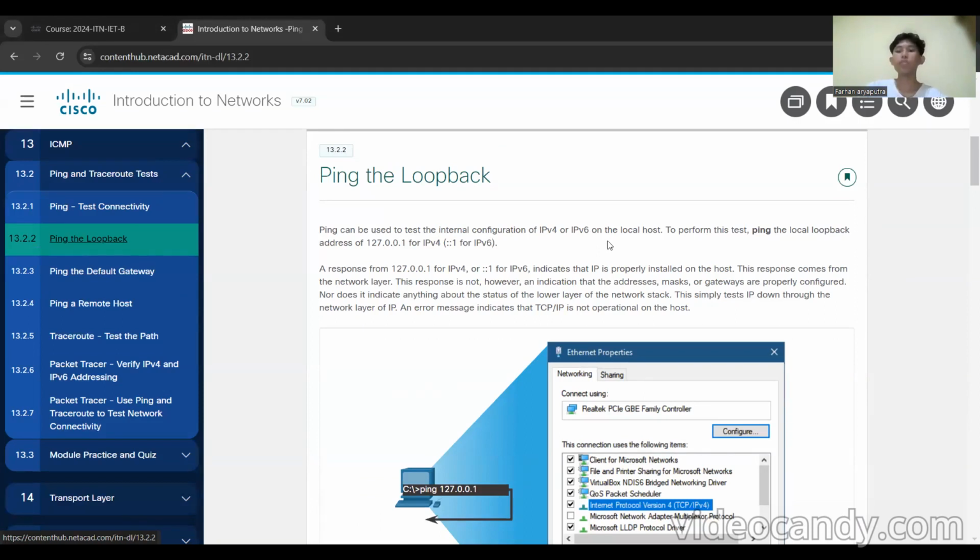To perform this test, ping the local loopback address of 127.0.0.1 for IPv4 or ::1 for IPv6. A response from 127.0.0.1 for IPv4 or ::1 for IPv6 indicates that IP is properly installed on the host.